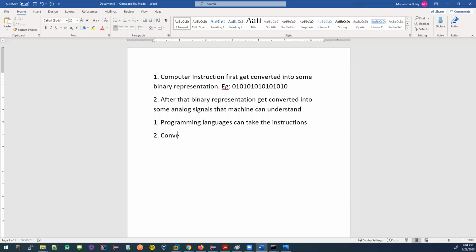Then convert that instruction to something that the machine can understand and do the further processing, right?